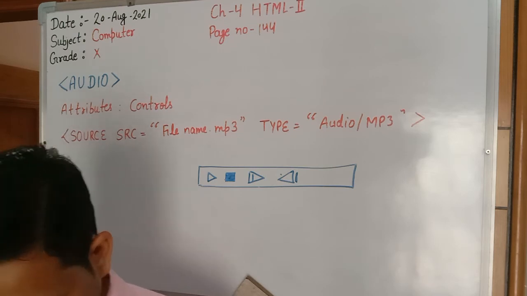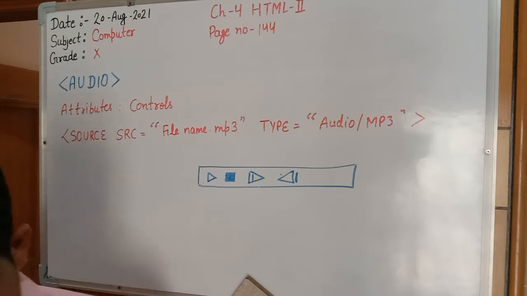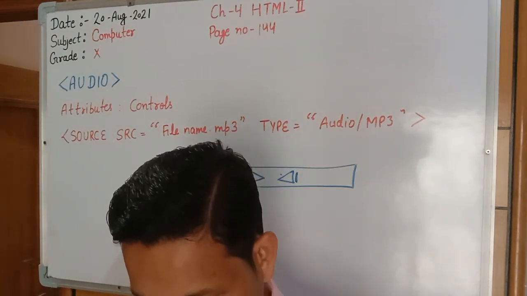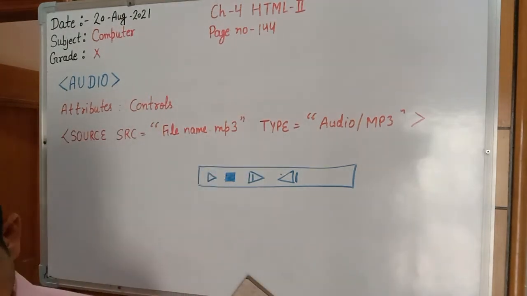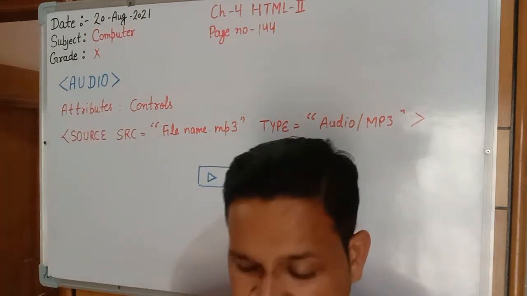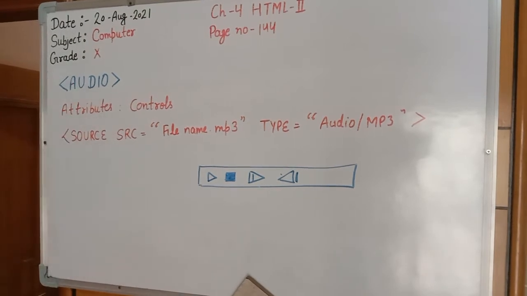So when you see the output, by default your first file will start playing, that is audio. Afterward, when you click next, the next file will start, and after that the next file will start. Continuously, 3 files will be played in your audio format. So this is the concept of inserting audio in an HTML program. The same thing applies to video, with only a minor difference.